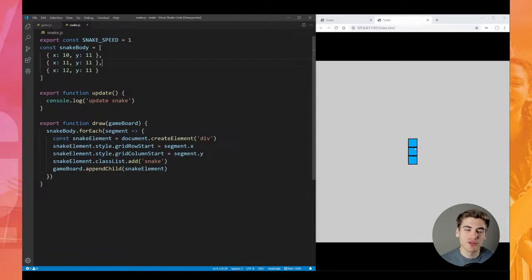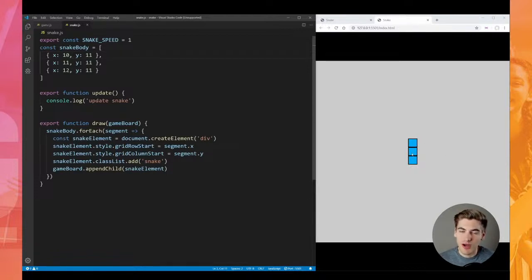We just add 1 to every single piece to move it upwards. But what if the snake head moves to the right? Well, we don't want to move all of the body pieces to the right, because if we did that, for example, if we made our snake move all of its body pieces to the right, it's not going to look right because the snake is going to move as a whole piece, when in reality, it's supposed to follow its head around. So an easy way to get around this problem is we move the head to the right one,